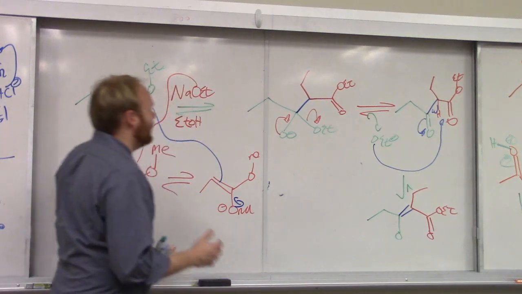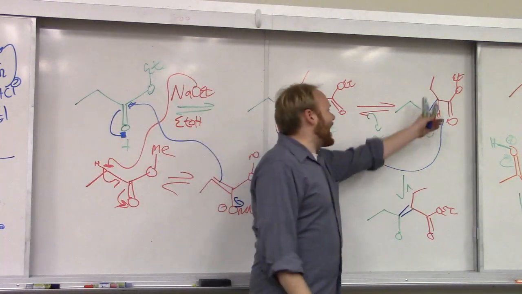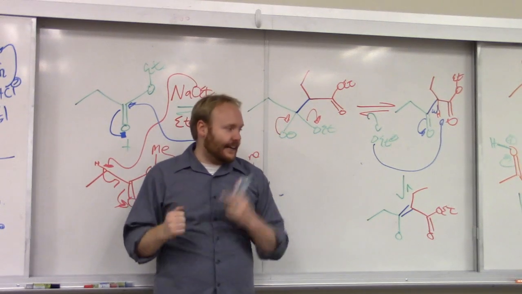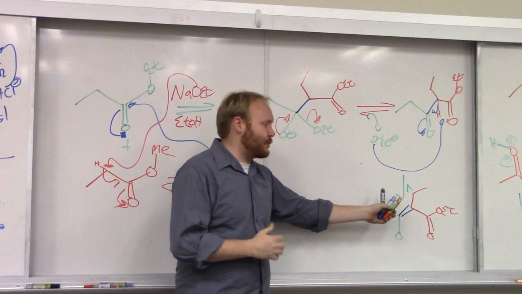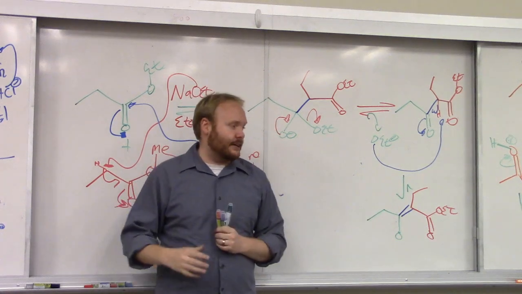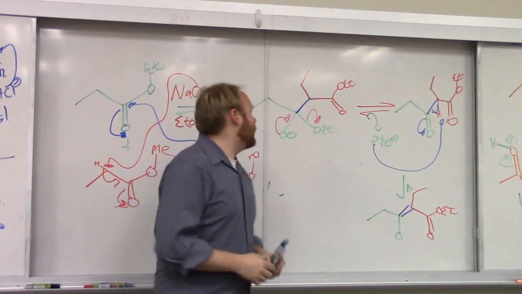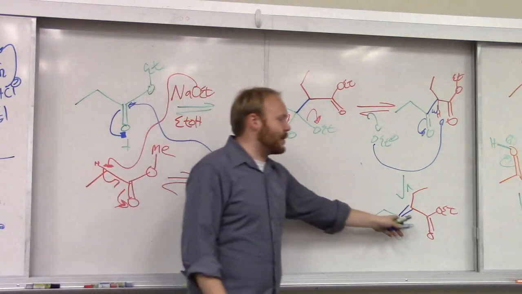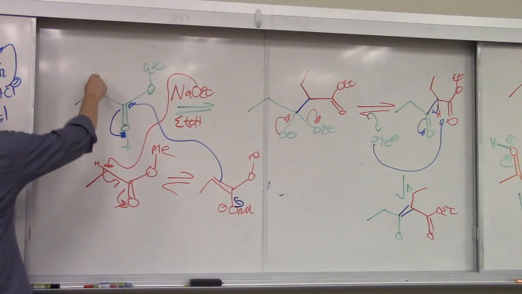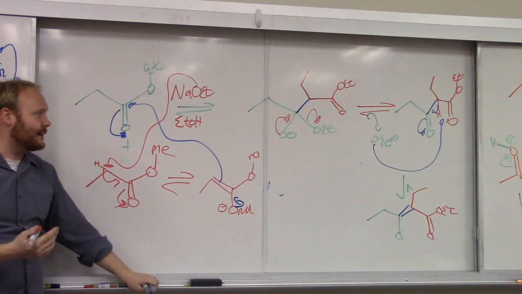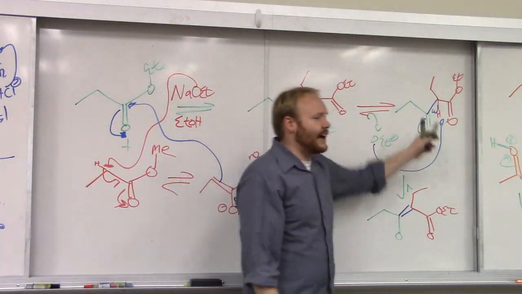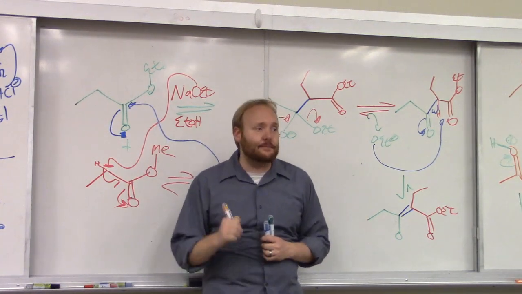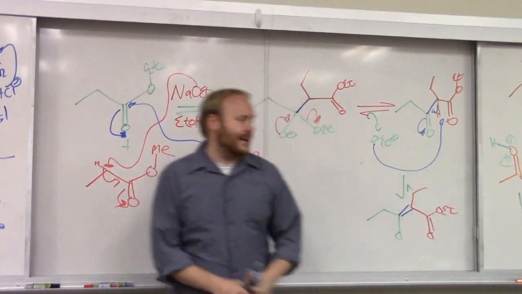Of course, if we had a product that did not have the alpha hydrogen, it would not have the thermodynamic driving force of that hydrogen being deprotonated, and its equilibrium would be lousy and won't give us a good product. So, whereas something like this works great to give us a product that can be deprotonated, if we have another substitution adjacent to the alpha carbon, so that our product doesn't have an acidic hydrogen, the reaction sucks. So we need the product to have this acidic hydrogen for the reaction to be driven forward